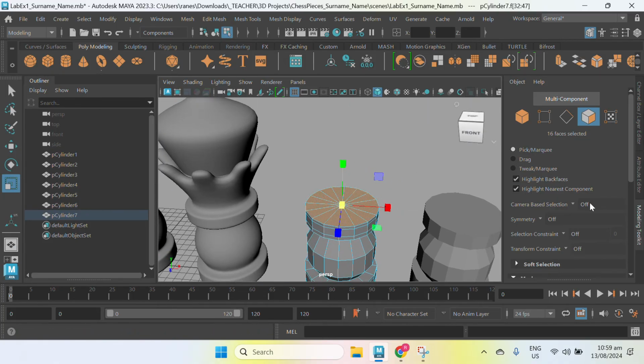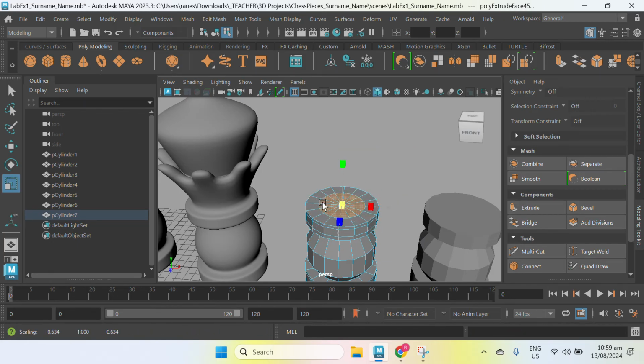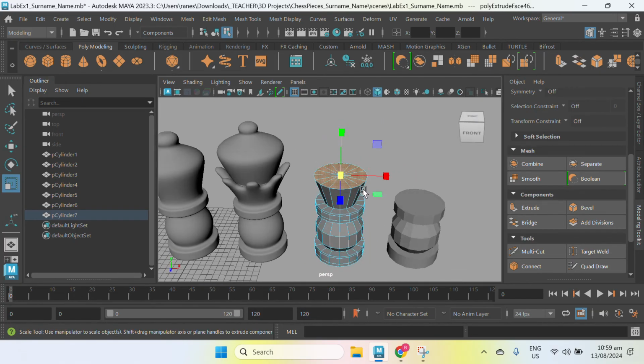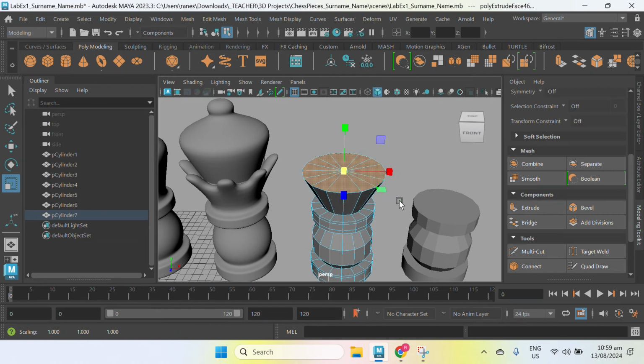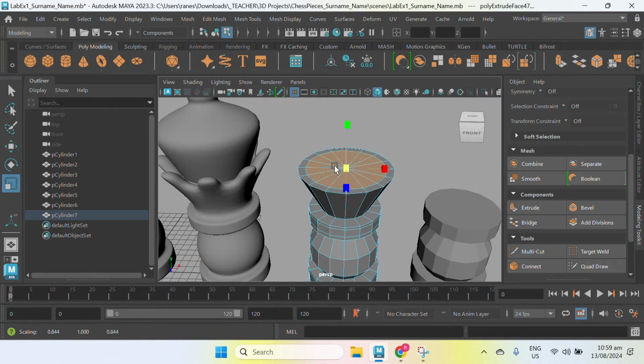And then here, extrude, rescale, click and drag to the left. Extrude W up. So this will be the crown. Next, extrude, rescale, click and drag to the left.